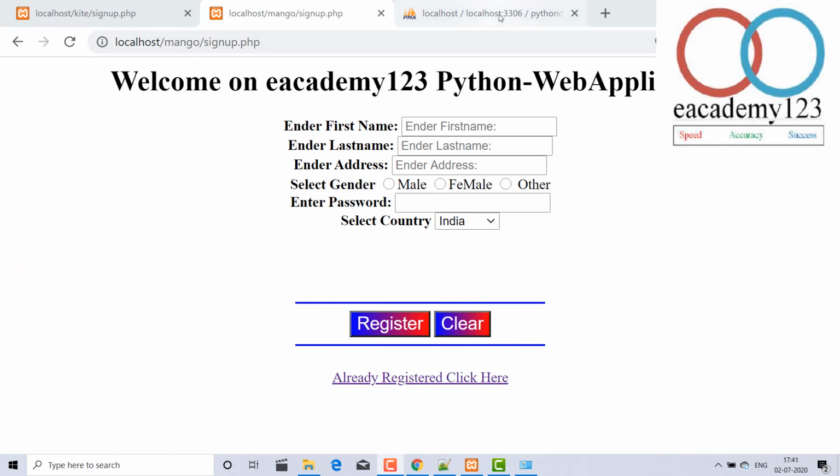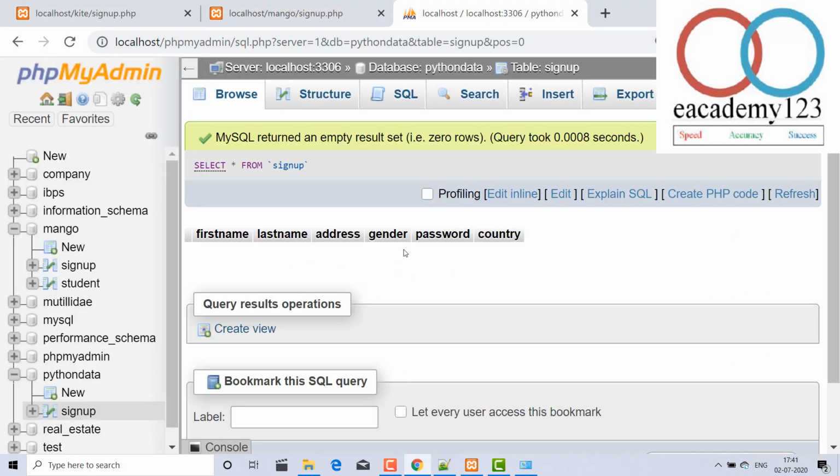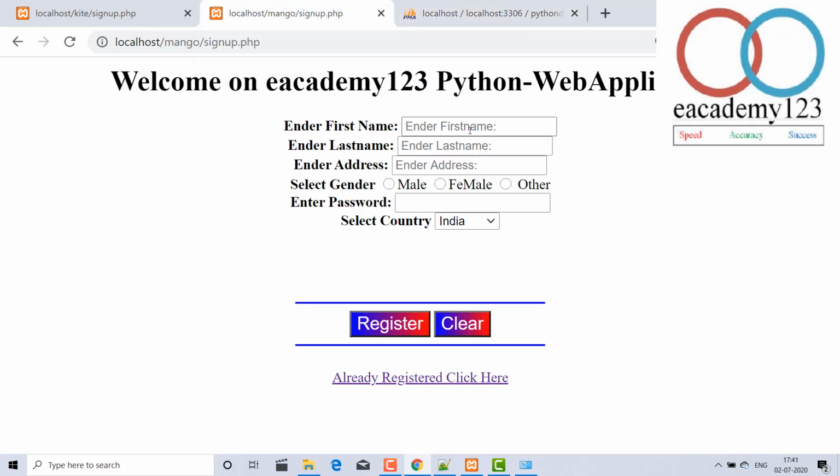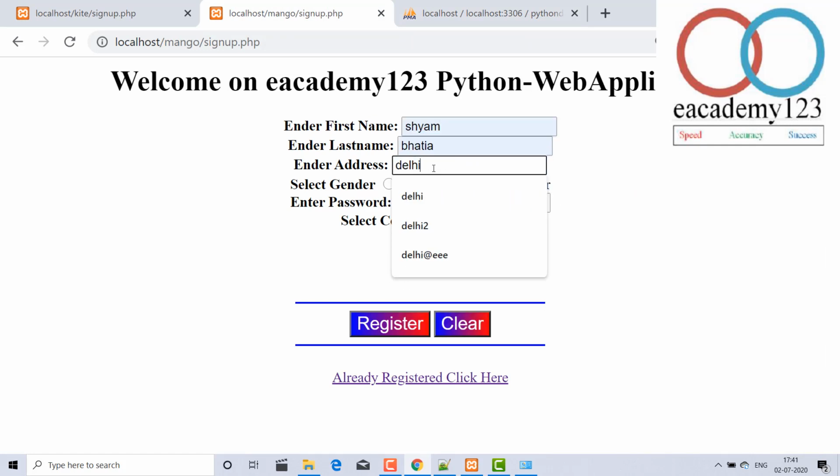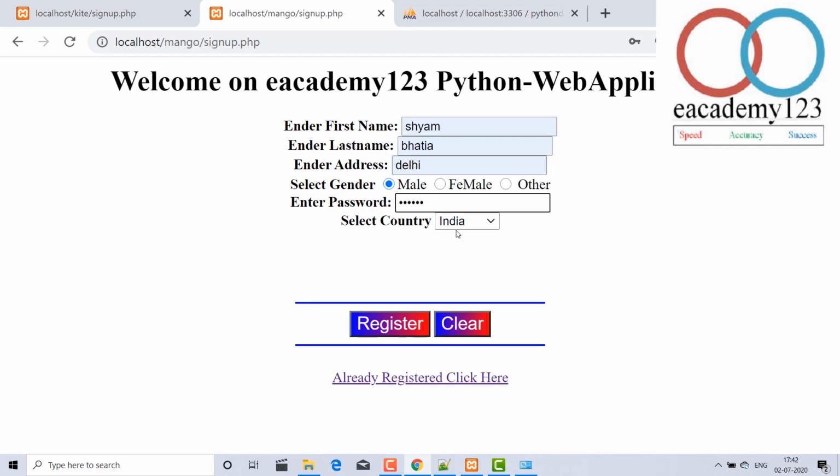After making this, we have first name, last name, gender, password, and country. Now we will insert the first name, which is Sham, and surname Bhatia, address Delhi, then the mail and password, just for example 12345, and country India.